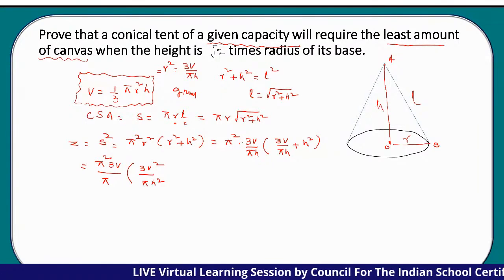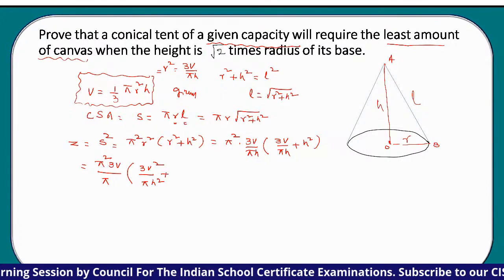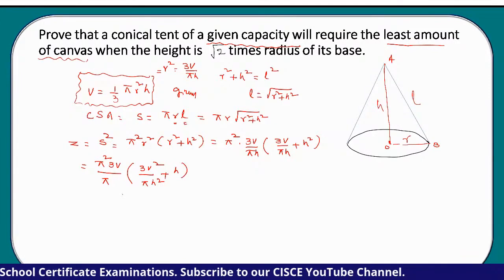This 3V also we have taken common. So now 3V by pi H square plus H square by H, that is equal to H. This is your